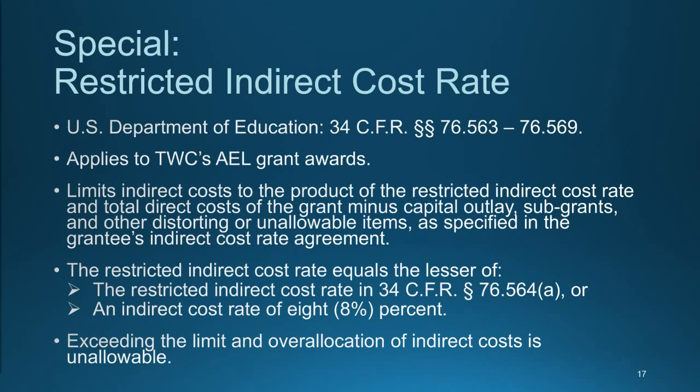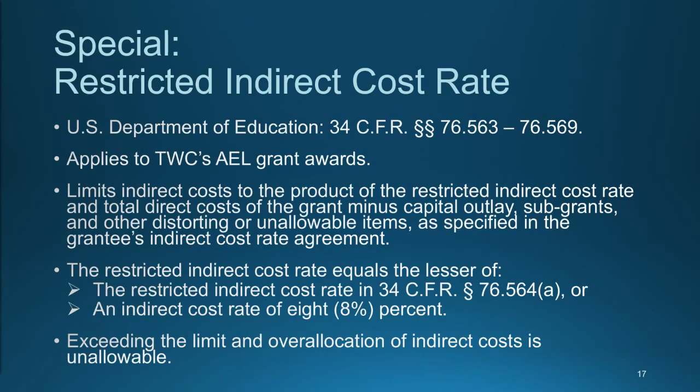And what it does is it limits indirect costs to the product of what the restricted rate is, as defined by those regulations, and what's essentially modified total direct cost. So it's your total direct cost minus things that can skew or distort what the measure should be. So the restricted rate itself,